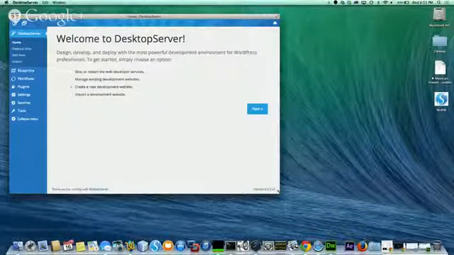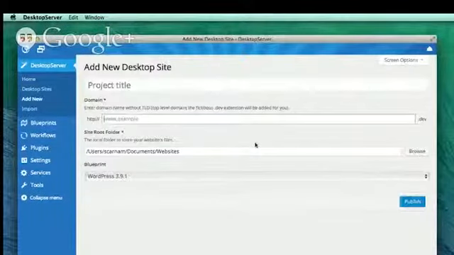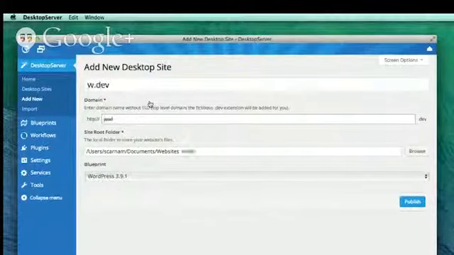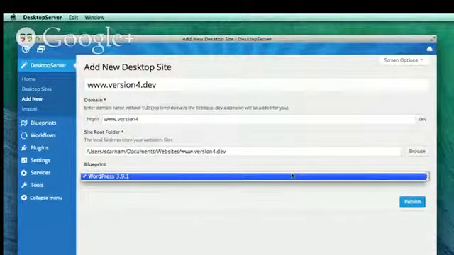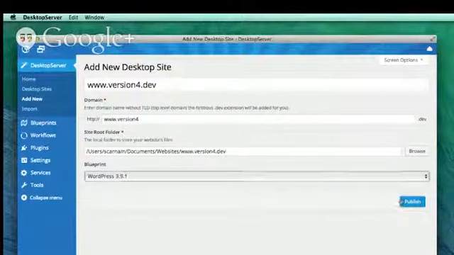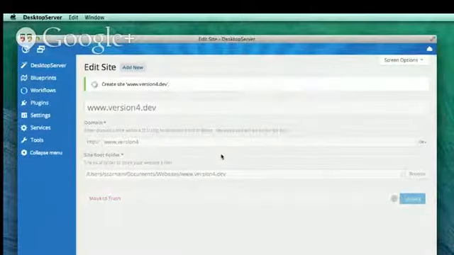I can show you again a quick demo of how to create a WordPress website. Same wizard-like interface. If I click next, I can provide a project title along with a name. So we'll call this one version 4. You still have the blueprints functionality. If you're not familiar with Desktop Server, it has a feature called blueprints where you can roll up, kind of like Theme Roller, only a little bit better because you can configure your themes and your plugins and have that replicated. So if I click Publish,